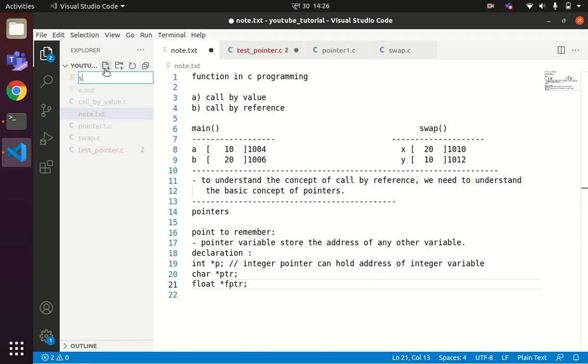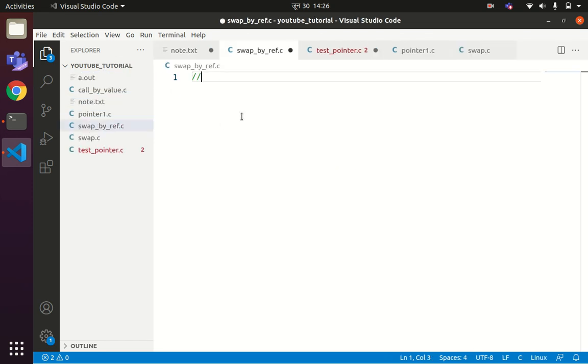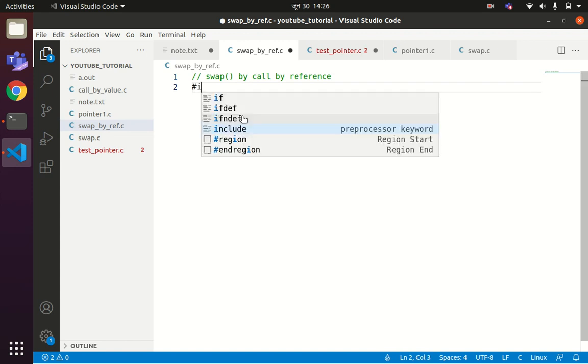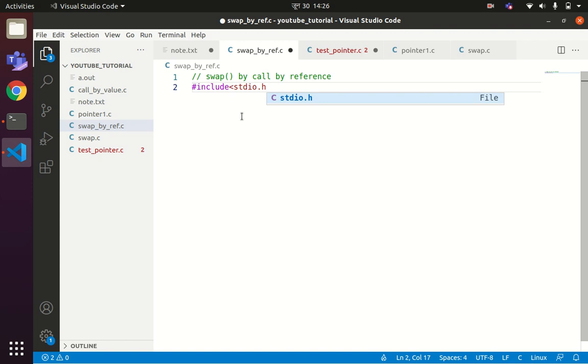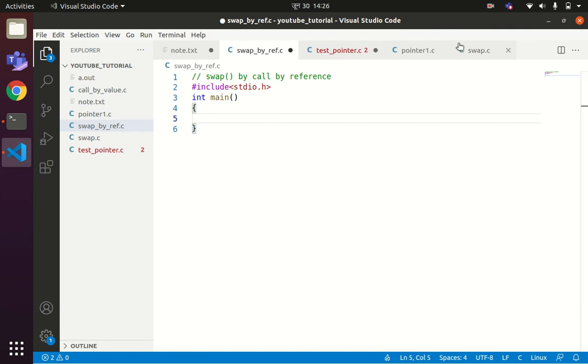Let me create swapbyref.c, the swap function by call by reference. It has #include <stdio.h> and int main. I'll copy that code only.